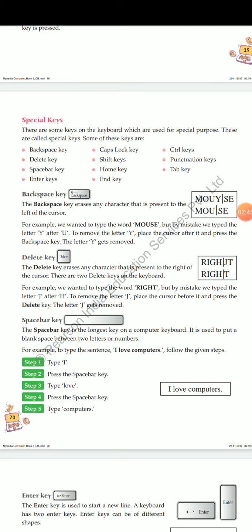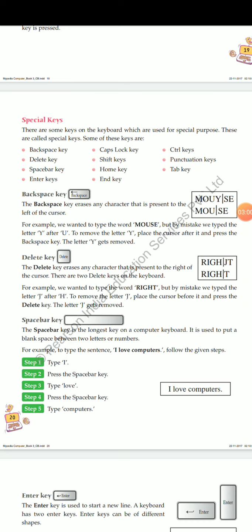The second one is the space bar key. The space bar key is the longest key on a computer keyboard. It is used to put a blank space between two letters or numbers.